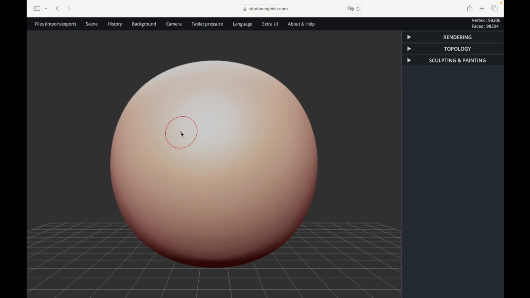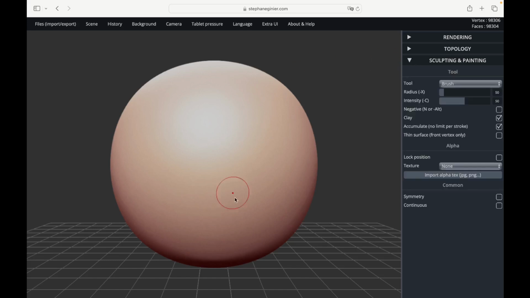Hello everyone and welcome to this video where we will delve into the sculpting and painting section of the web-based program SCULPTGL. In the sculpting and painting section we can use different tools to shape the object. Before going into detail about the single tools, let's see the settings that can be adjusted and selected while using